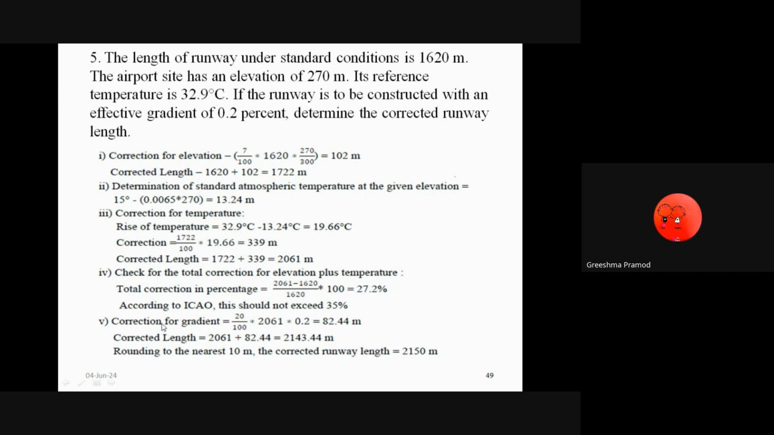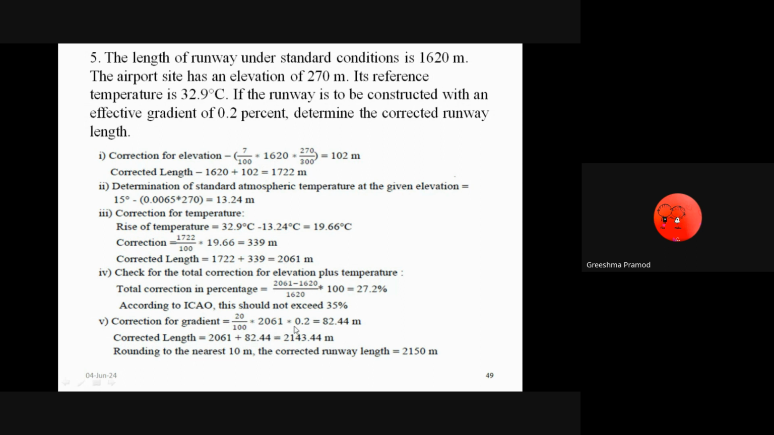After that, you need to apply correction for grading. In correction for grading, the ICAO recommendations given by FAA, that is Federal Aviation Agency, recommends that the runway length, after being corrected for elevation and temperature, should be further increased at a rate of 20% for every 1% of the effective grading. The effective grading percent is 0.2%, so 20 by 100 into the runway length which is applied after correction